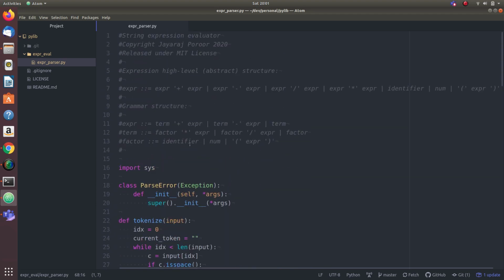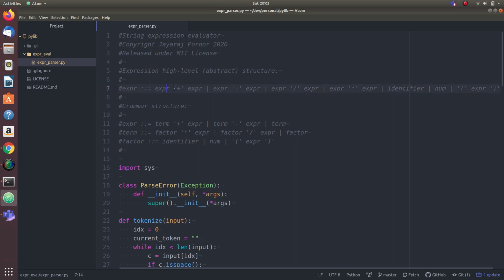And so at a high level, the expression has a grammar like this. An expression is either expression plus expression, expression minus expression, and so on. But we cannot implement this grammar directly in code, because this will result in infinite recursion.